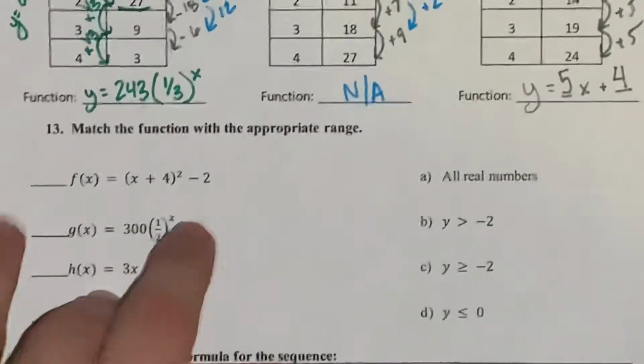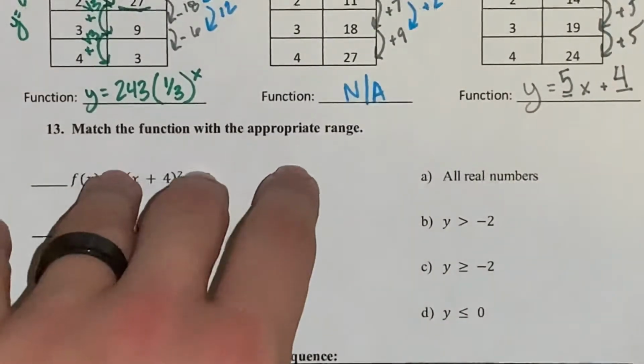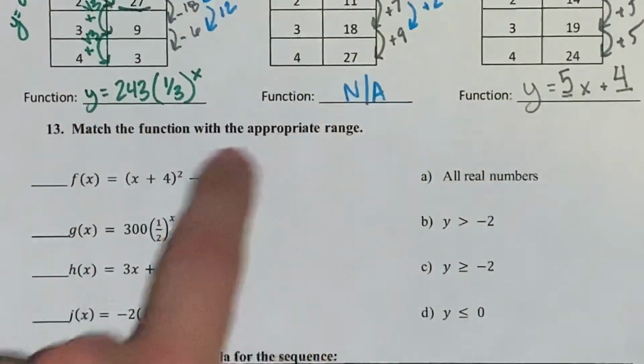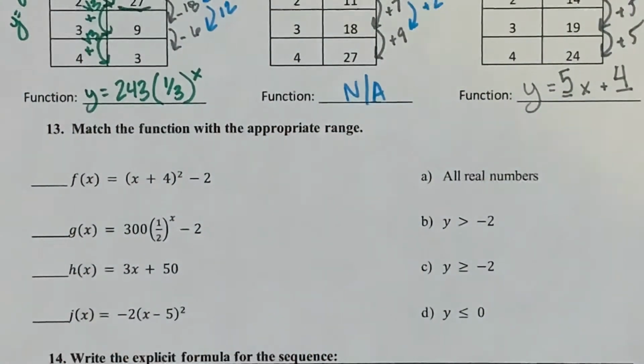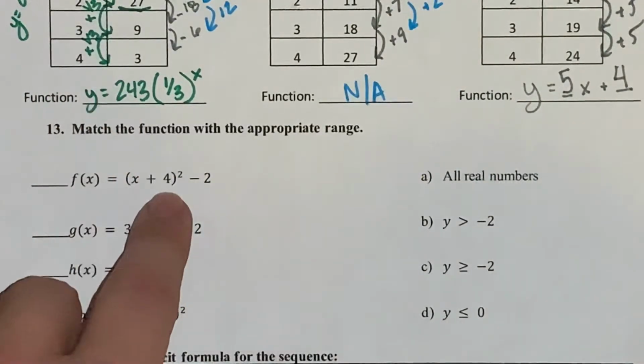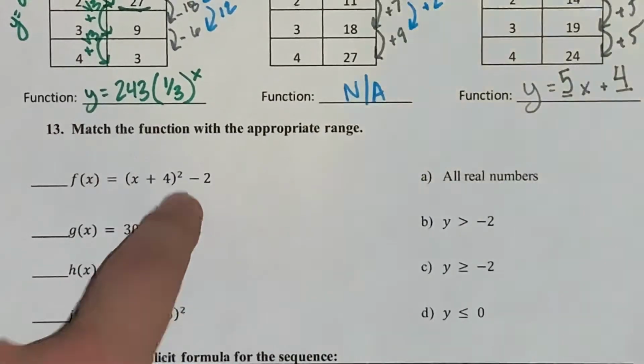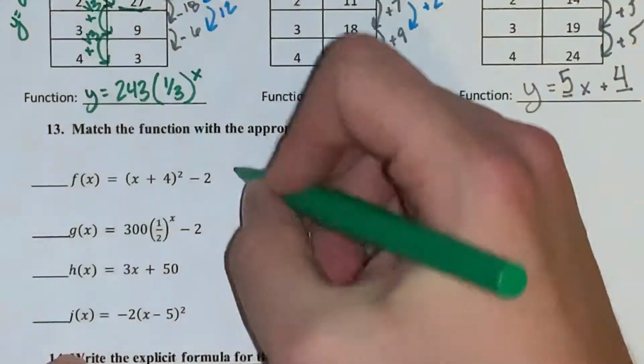All right, for number 13, you're asked about matching the appropriate range with the function. So here, it helps to identify exponential, quadratics, and linear functions first, and then we'll talk about plugging it into a calculator and identifying from there what the ranges will be. So looking at f of x, I have a power of 2. So anytime you have a power of 2, it is an indication that this is a